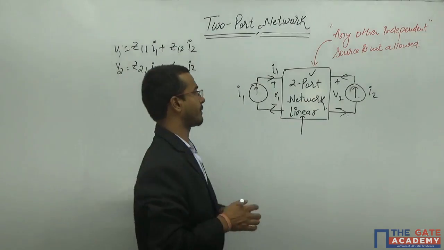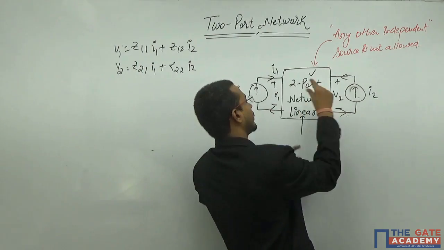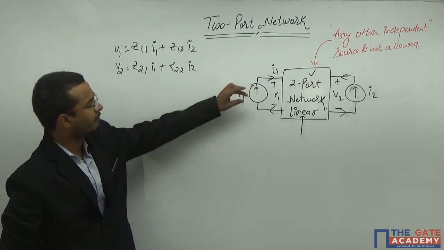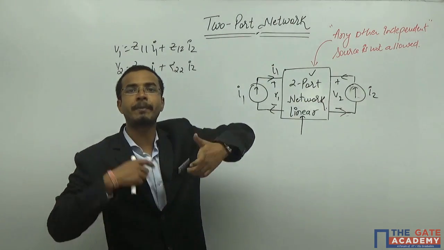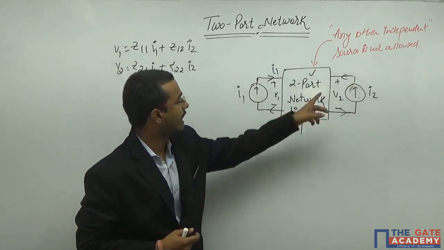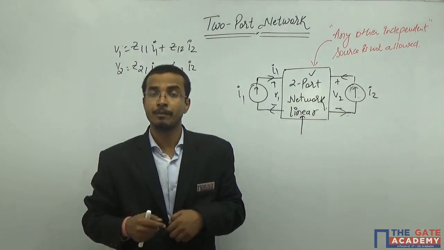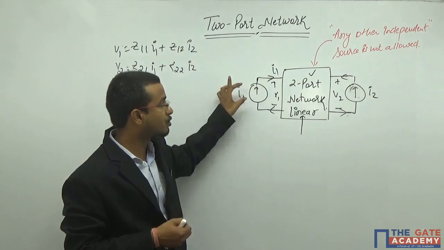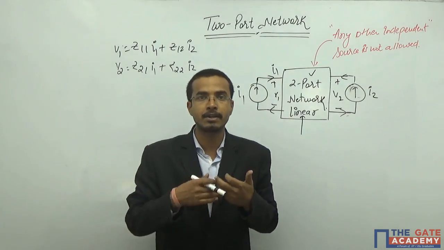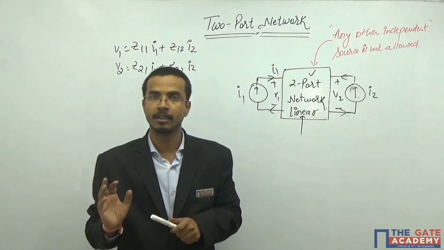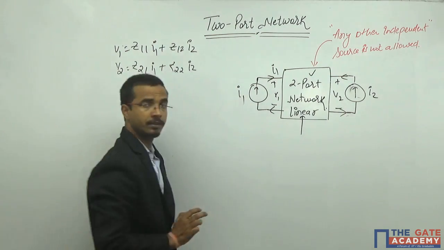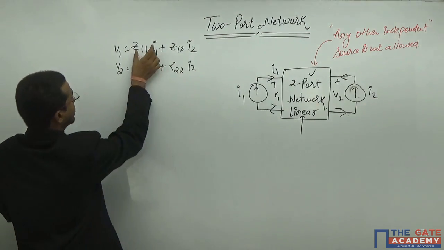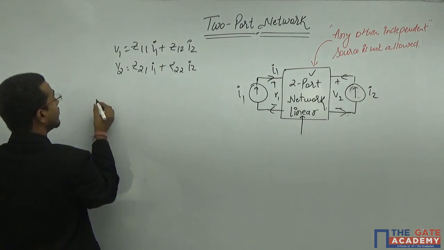That means up to now I have applied only the current sources. I have calculated the value of V1 and V2 as functions of the independent variables. That means here my dependent variables are V1, because the V1 value is depending on the I1 and I2, as well as the V2 value is depending on the I1 and I2, because you cannot change the value of the voltages here directly. You have a freedom only to change your source values, not the responses. Directly you cannot change the response until you change the inputs. That means inputs are here I1 and I2.